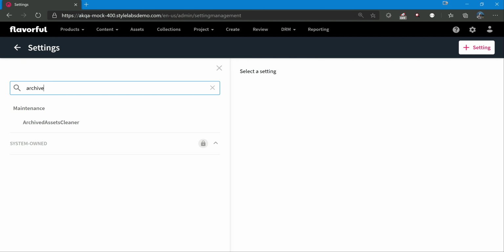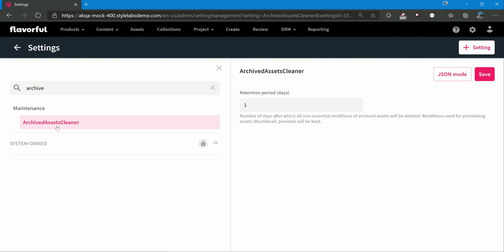Yeah, so I'm searching already. This autocomplete is there. So archive, this is called archive asset cleaner. So I just made it 1, but otherwise by default it is 30 days. So number of days after which all non-essential renditions will be deleted. Renditions used for proofing will be kept. So save this. I'm just making it the default.